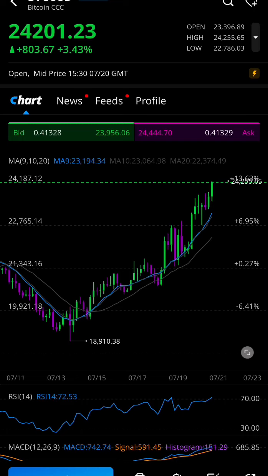So the first thing that we're going to try and identify is all the points of confirmation and validation, because in this specific example, you can see multiple